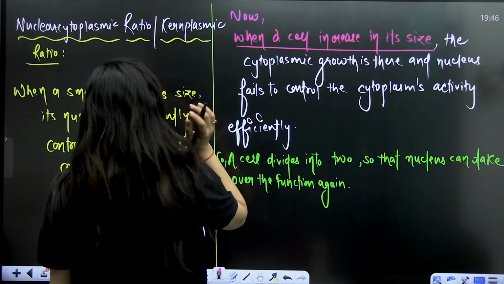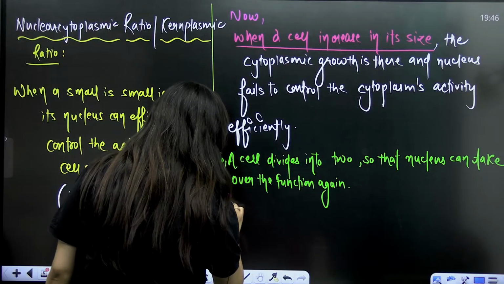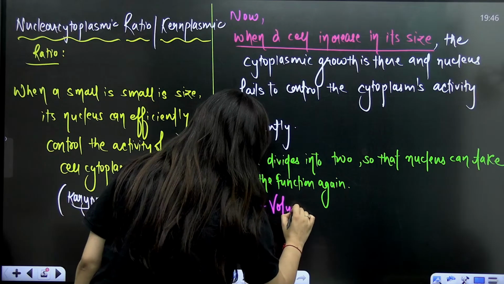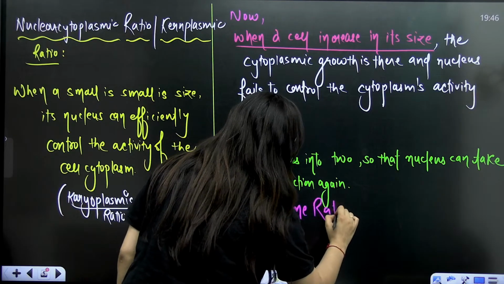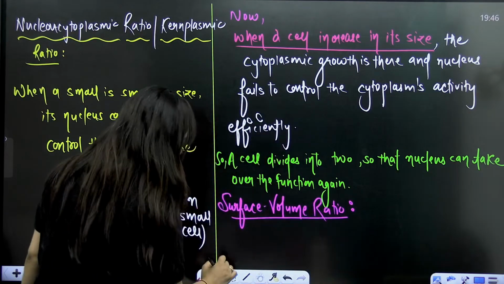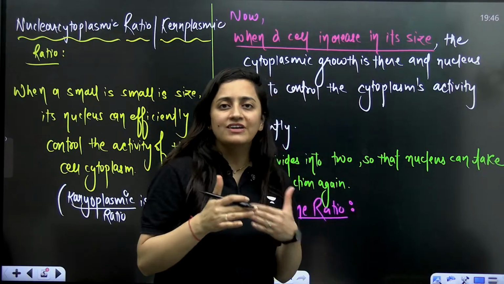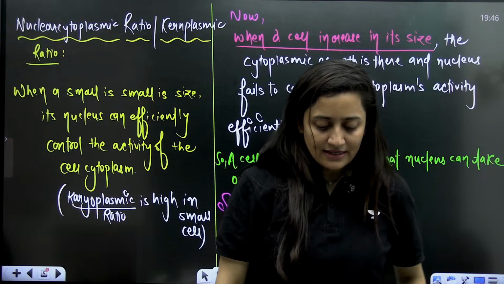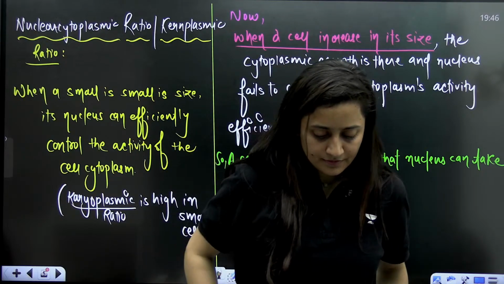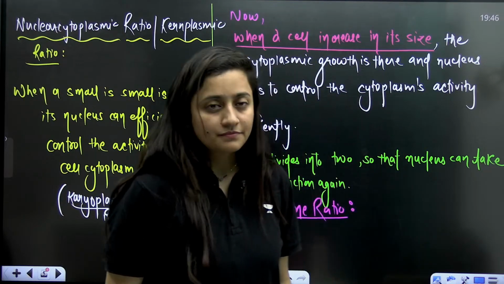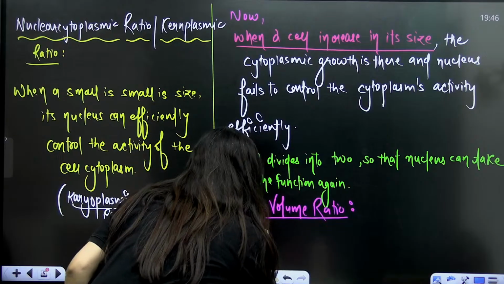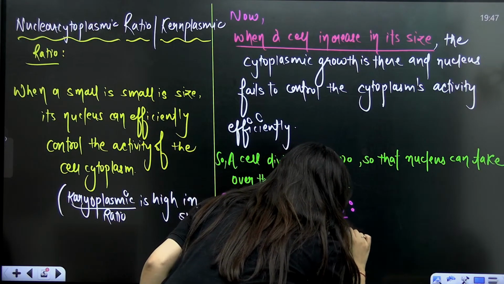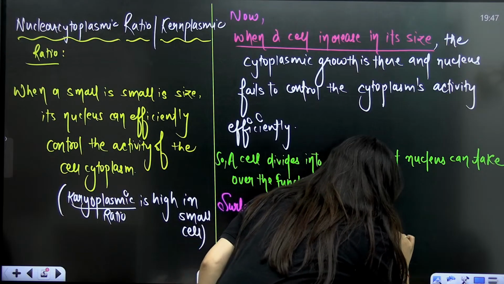Number two is surface to volume ratio. Of course, when the cell size increases, the surface area will decrease and the volume will be high, isn't it? So when a cell increases in its size,